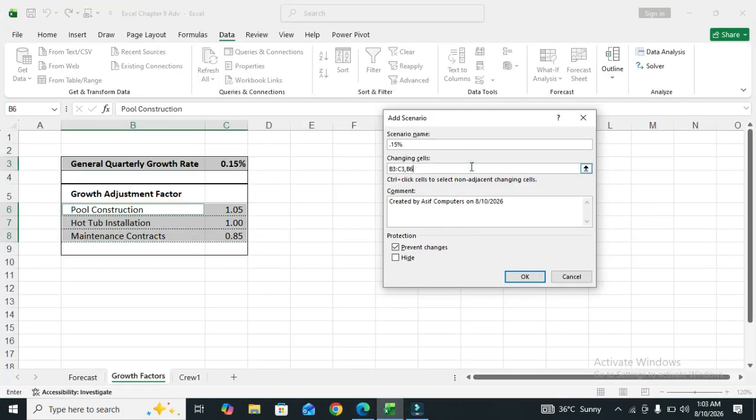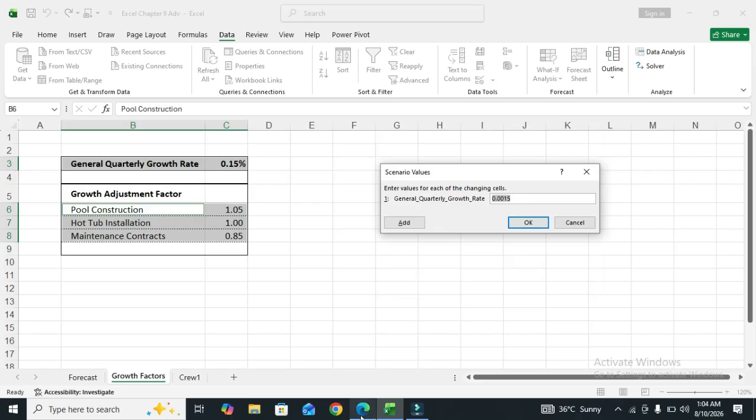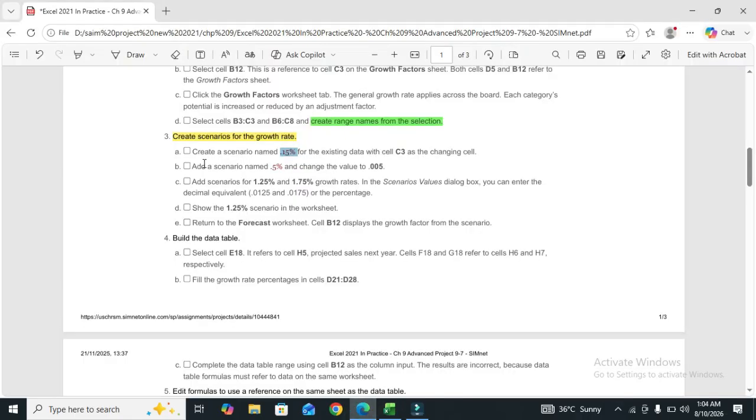Click on C3 and click OK. So part A is also done.